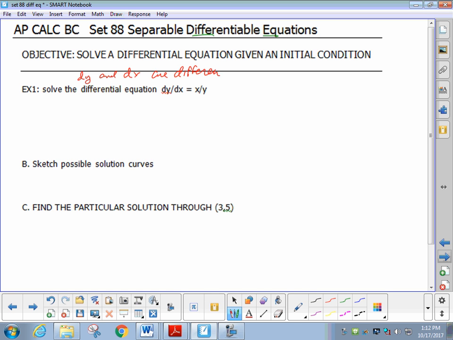They represent infinitesimally small changes in y or x. Now they usually come in a derivative form, a comparison of the change in y with respect to changes in x. So when you get a differential equation, it'll almost always be written in derivative form like that. When it says solve the differential equation, that means you are supposed to go back to find the original